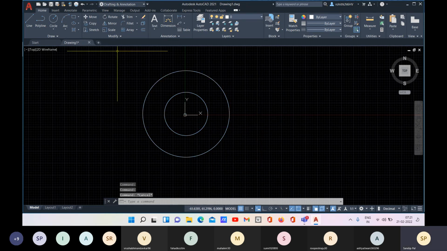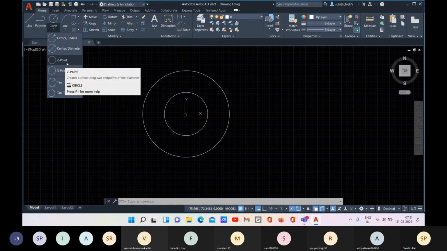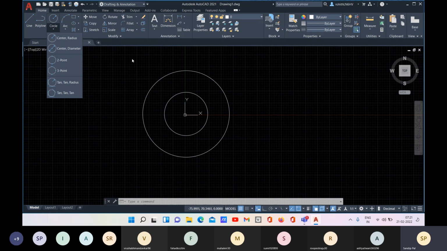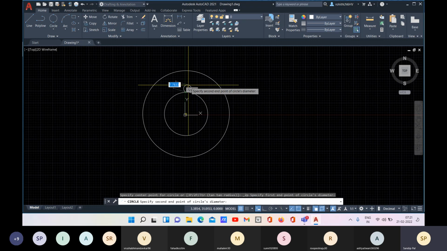Okay. Now we have this 2 point and 3 point option. For this 2 point, we specify the two endpoints of the diameter. Let me specify with my mouse pointer.